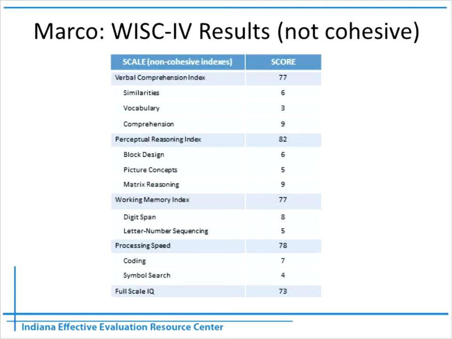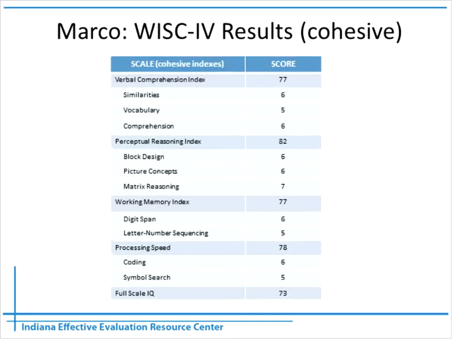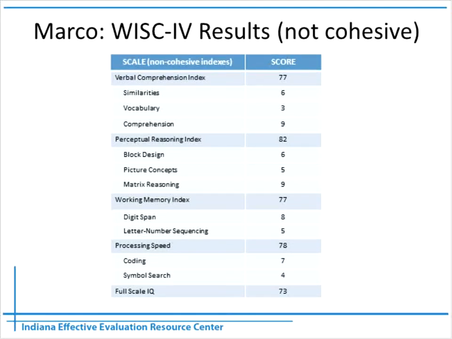You can see here that we get the not cohesive kinds of results, and they're very small differences. If I go back and you just look at the verbal comprehension index, you basically see a 6, a 3, and a 9 for similarities, vocabulary, and comprehension. If I go back, it's a 6, 5, and a 6. So in a sense, the vocabulary and comprehension have changed. Right there, you can see it, and then over here, they're different. I'm wondering whether